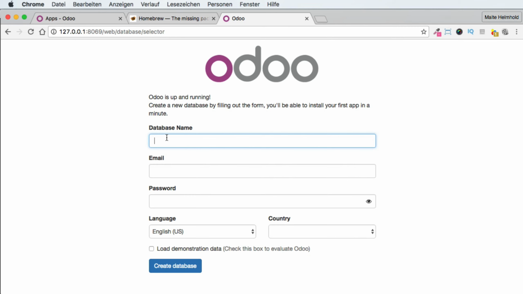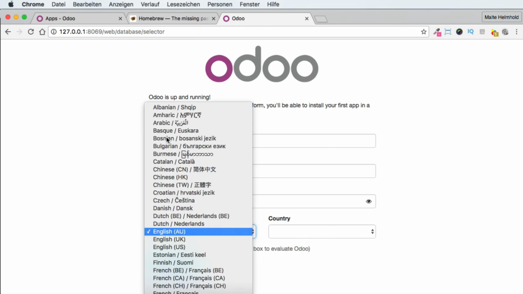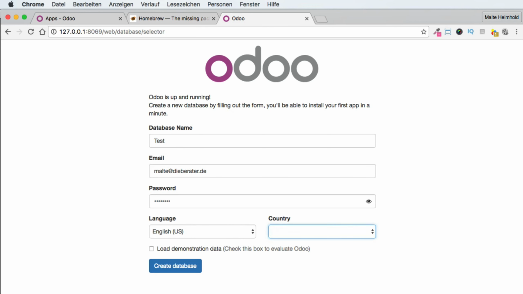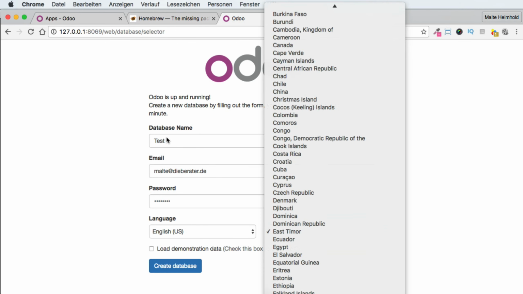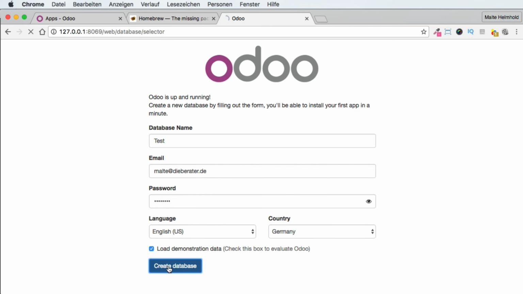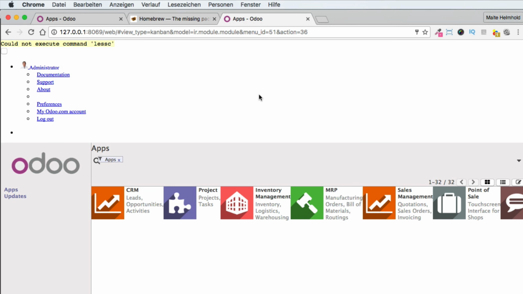So I can create a new database, which can be, for example, test, and my email is malte@dieberaterport.de. And then I have a password. I use German, or in this case, I use English. Okay, English US. And then I say, yeah, Germany. Okay, fine. And I load demonstration data. And this should be very fast because I'm on a local computer here. Okay, and now I can see I am actually in my Odoo database here, but I get this error message,